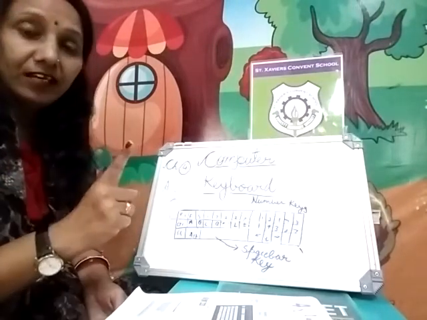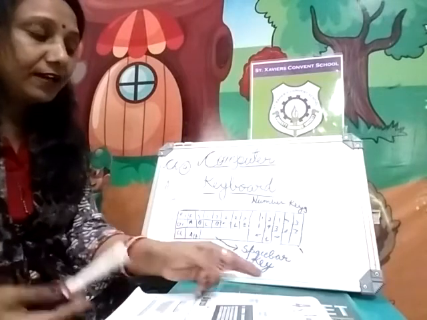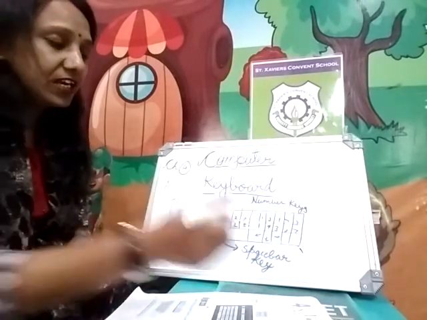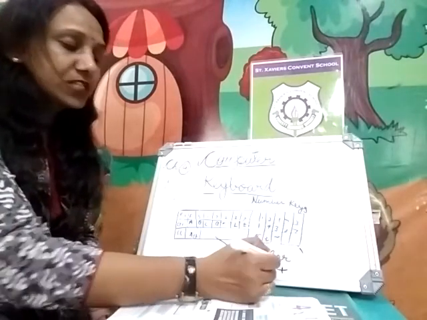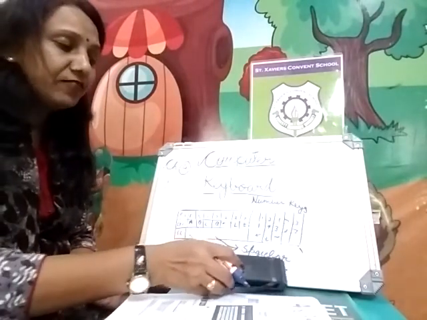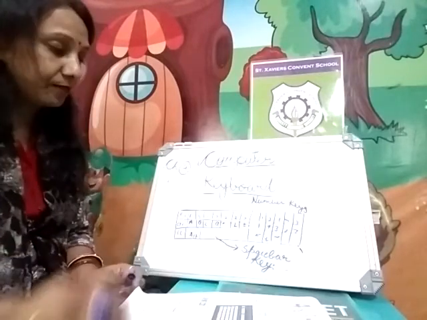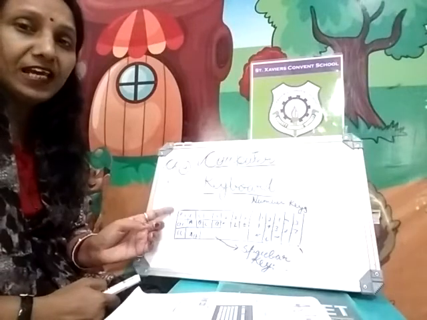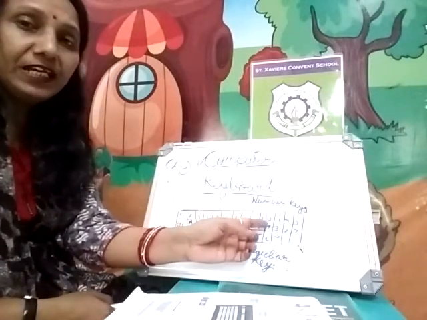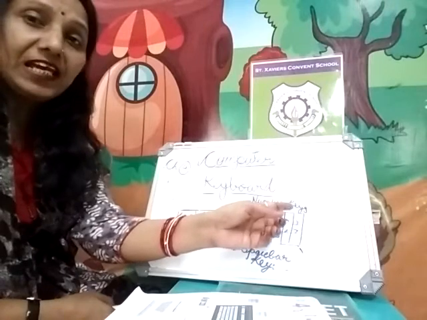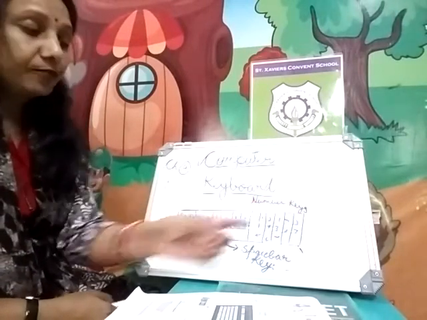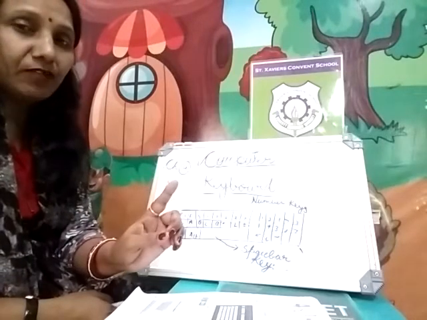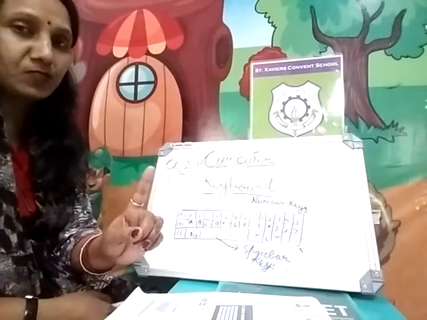Space bar key. Just because space bar is one key, so we cannot say it's keys. If you say keys, it will be wrong. Space bar, one key, so that's why we will say space bar key. Alphabets, many, so that's why we say alphabet keys. Numbers, many, that's why we say number keys. We put S there. But with space bar, only K-E-Y key, no any S will be there. Just because one key is there, space bar.